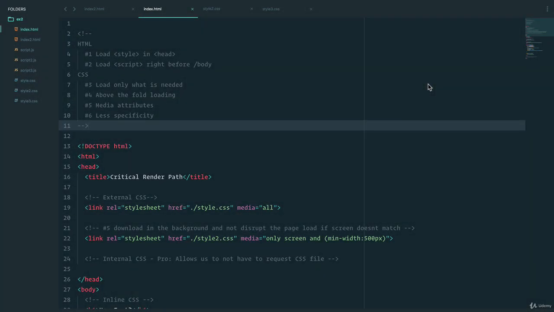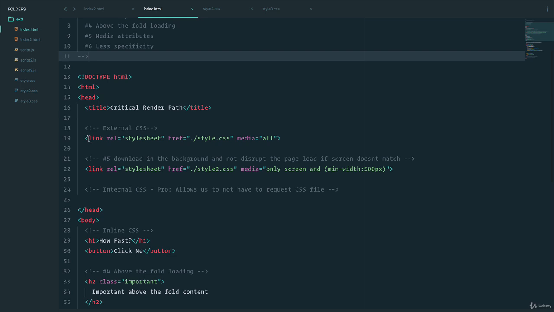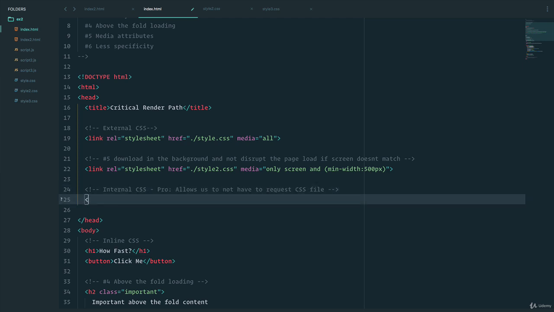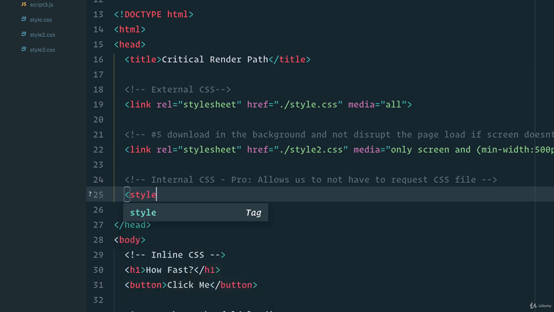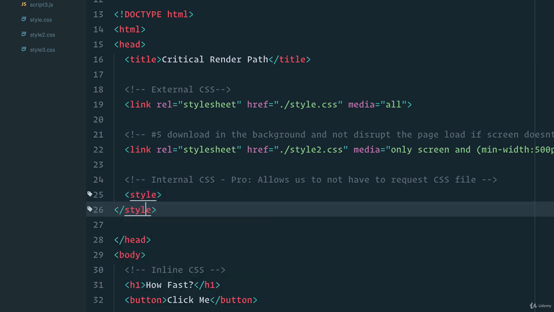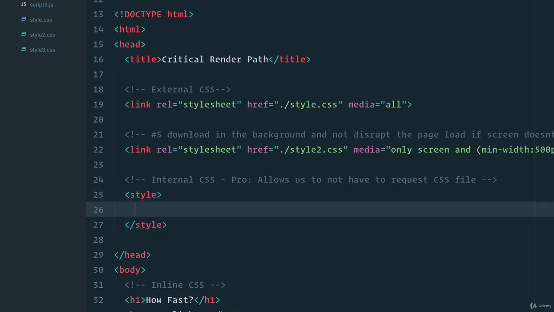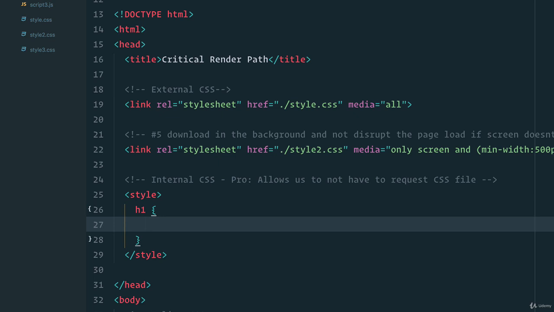Okay, I lied. There's one last thing I want to point out. When we say load only what is needed, some of you might be thinking there's a trick we can do. Perhaps instead of loading an external style sheet, we can just create an internal one. One that is a style tag. And within the style tag, we can just put all our CSS. For example, if I wanted the H1 to have a certain style, let's say font size of 30 pixels,